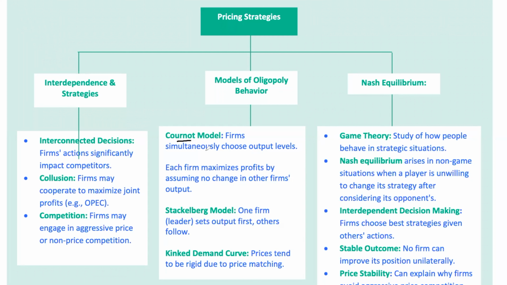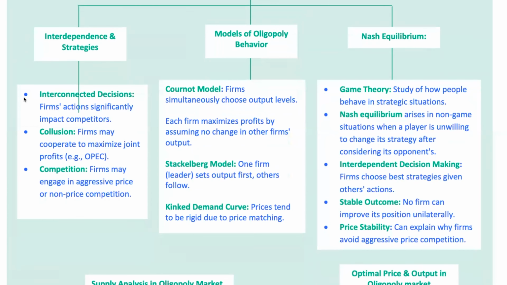In the Cournot model, firms choose their output levels simultaneously, assuming their rivals' output levels remain constant. Each firm decides how much to produce based on the output levels of other firms, leading to a stable equilibrium. In the Stackelberg model, one firm sets its output level first, and the other firms follow. The firm that moves first, known as the leader, has a strategic advantage and can influence the market outcome to